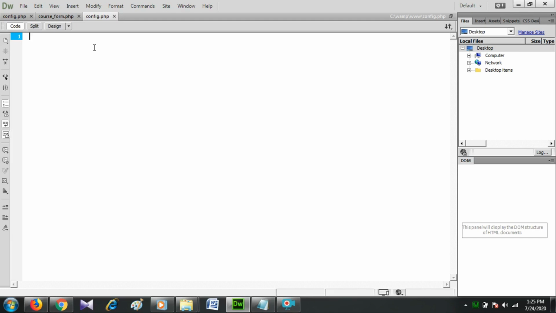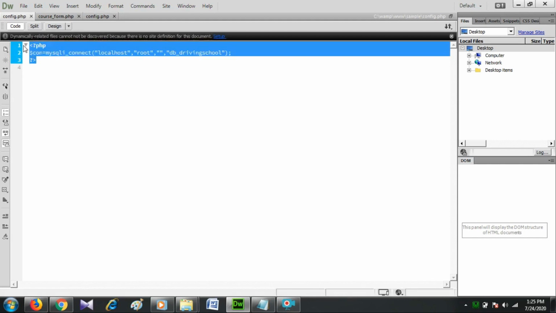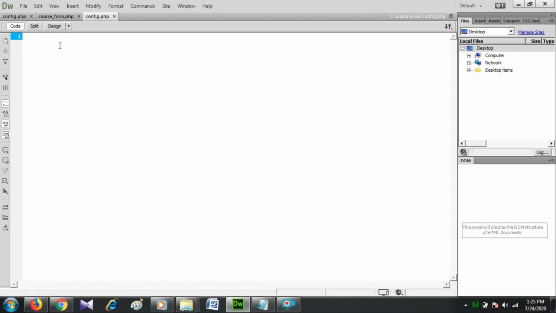Okay. Then the DB connection code is the following. Open the PHP tag and write the following code in the DB connection file. Here mysqli_connect is a function that opens a new connection to the MySQL server, and its parameters are localhost, root and db_sample. The syntax is mysqli_connect with hostname, DB username, DB password and DB name.